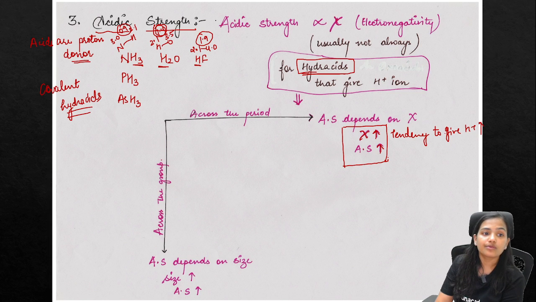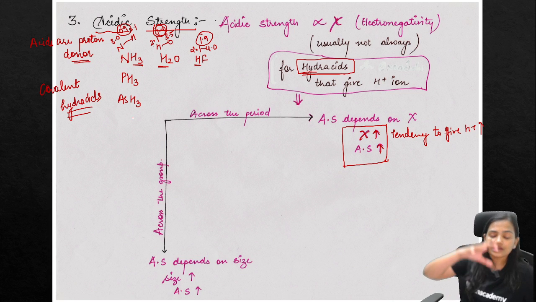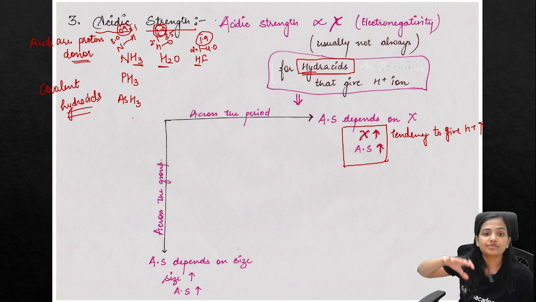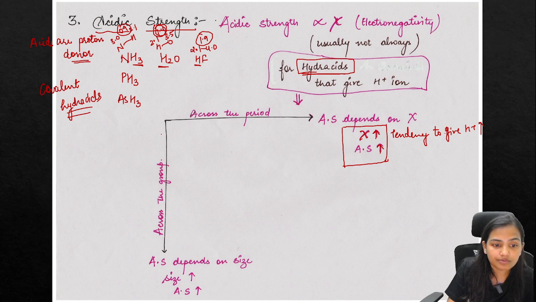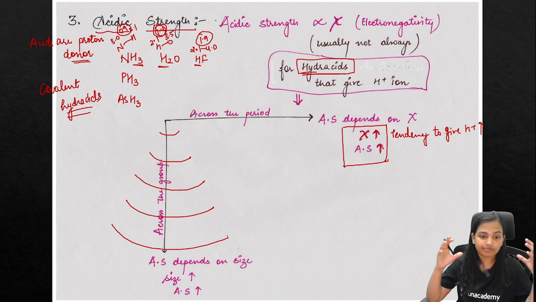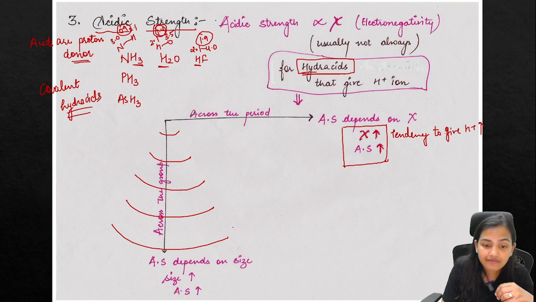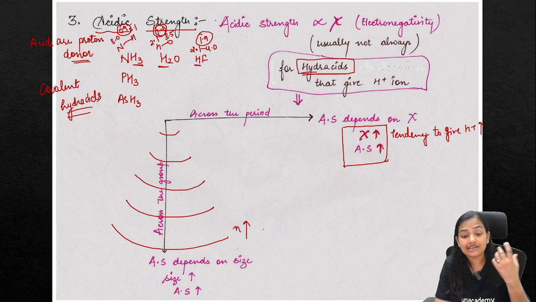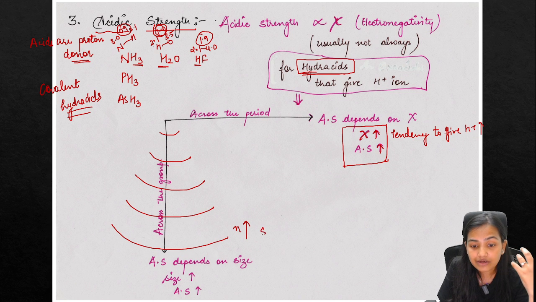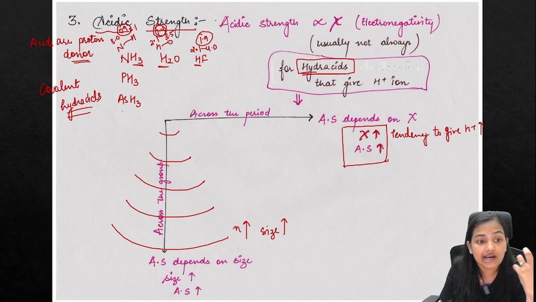Now if you ask me what happens when we go from top to bottom, we cannot apply the concept of electronegativity, because when we go from top to bottom the n value increases a lot, and therefore the size increases much. So when we are going from top to bottom, the n value predominates. If n is increasing a lot, then absolutely our size is increasing. In the case of nitrogen, phosphorus, arsenic, antimony and bismuth, you will find that the size of bismuth is so large,